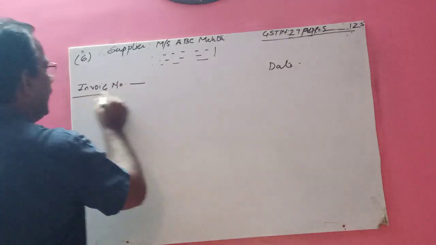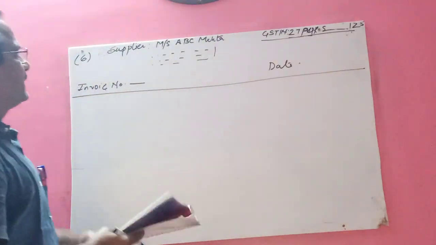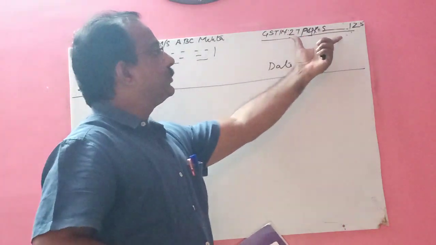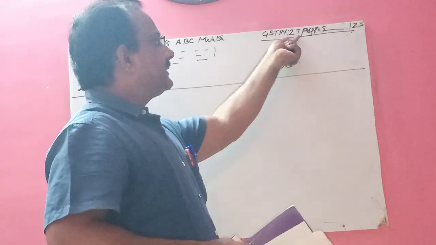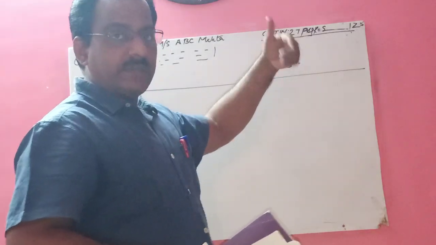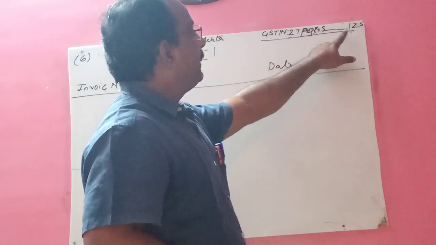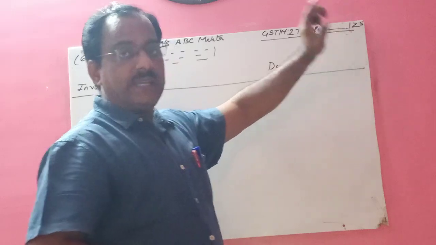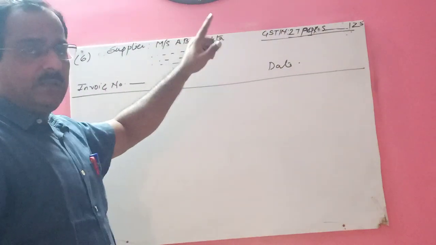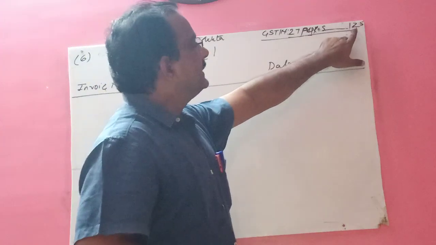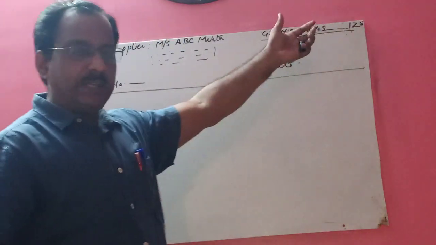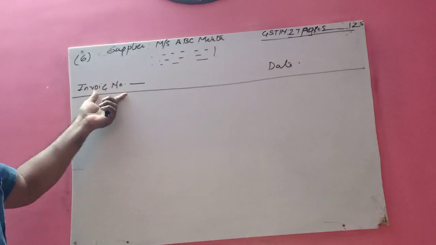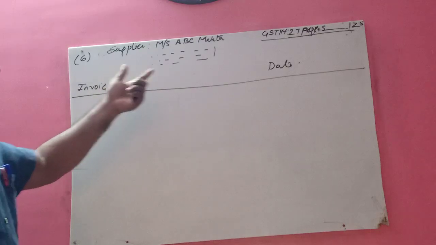So this is the first part of that receipt. First is the supplier name, right? Second is the GSTIN, which should be 15 digits. Out of that, first is indicated by the code. 27 is the code of Maharashtra. Then the PAN number of the supplier. Then there is one which indicates the registration, if this company has one registered. Then Z, it is common for all receipts, by default, and 5 is for checking purposes. Then here you will write the invoice number, tax invoice number, receipt number, right? Then you have the date.